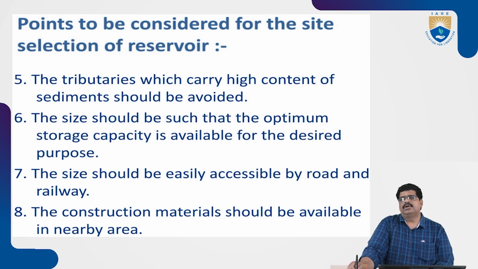So as I told, locally available materials, and also the site, if possible, should be in an area where access is available. That's why there is the maximum possibility of access for road and railway construction. And the next one, the construction materials should be available in the particular area. So as I told, the availability and feasibility of materials. You can avoid the labor charge, and lead charges will also be reduced. It can affect the cost. Next,